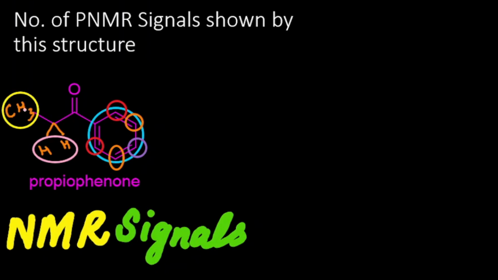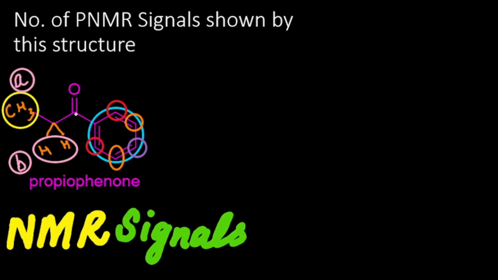Chemically different hydrogens here are circled with different colors. You see here, this is a different color. It means this will give you one kind of signal in the proton NMR. These three hydrogens have the same chemical environment. And similarly, these four hydrogens will give you the second signal in the proton NMR spectrum, because both are